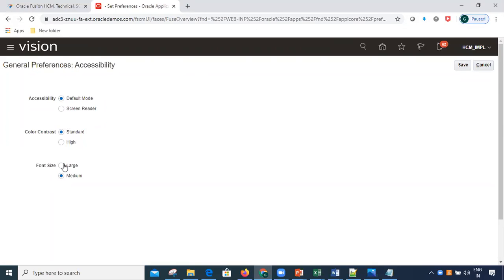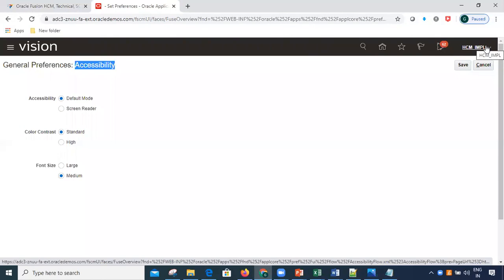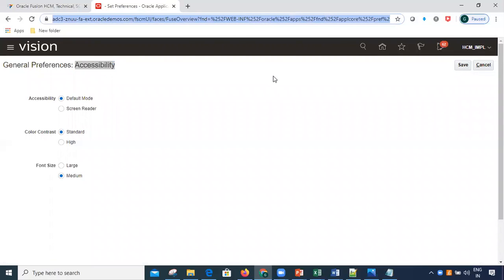So one thing we have to understand is that whatever settings you are changing here will not impact other users. This is your respective login, and the general preferences are set for your user account, not for everyone using this application in your organization. Whenever this HCM_IMPL logs into the system, if we set the font size as large, only for that person will the font size show as large.